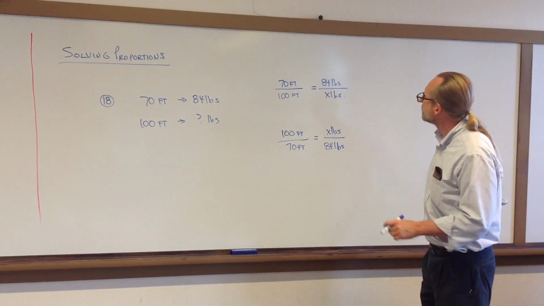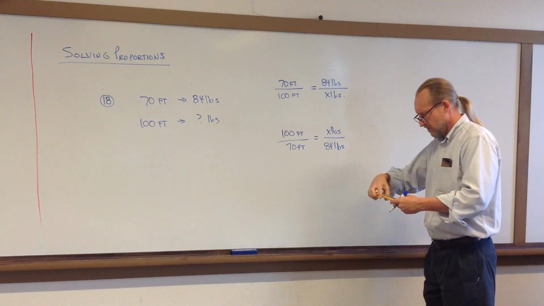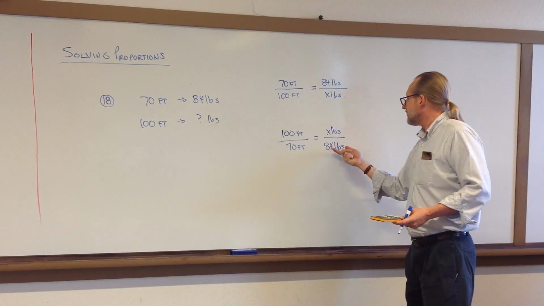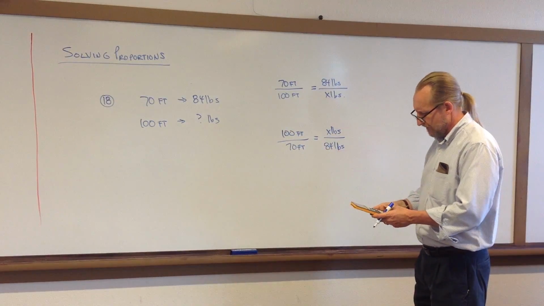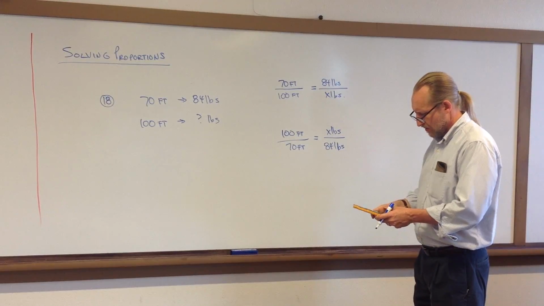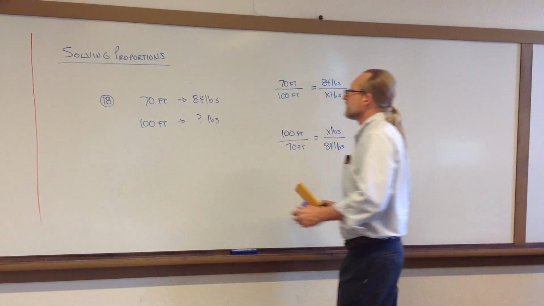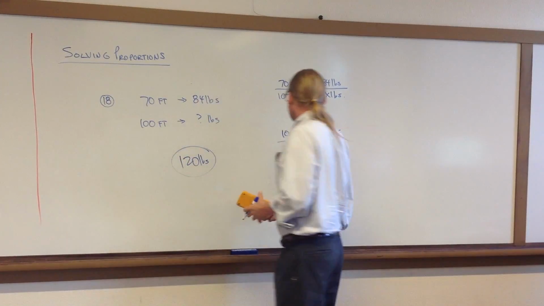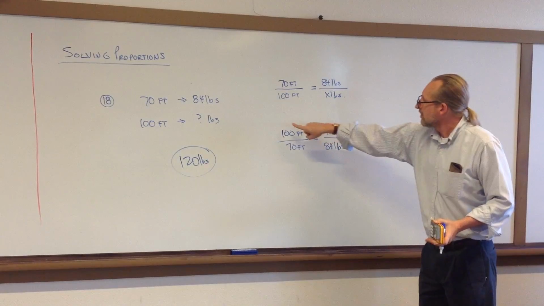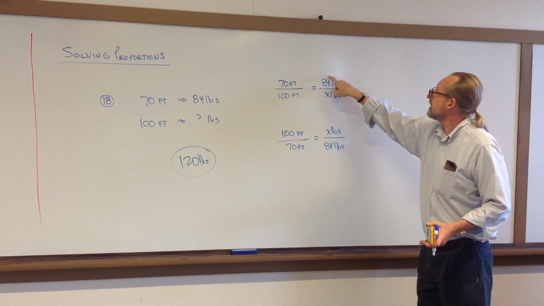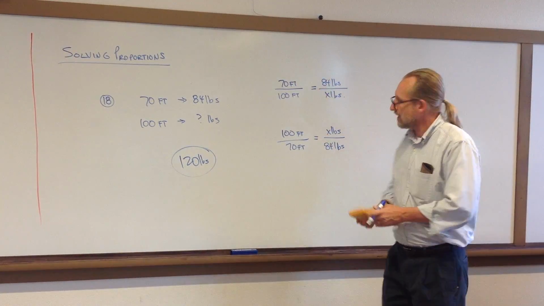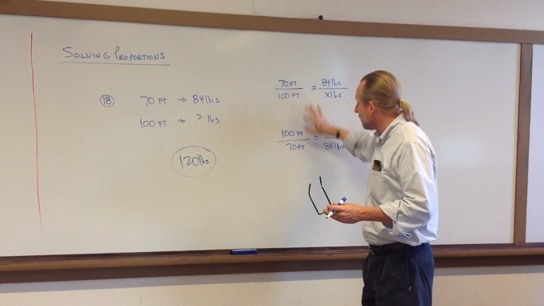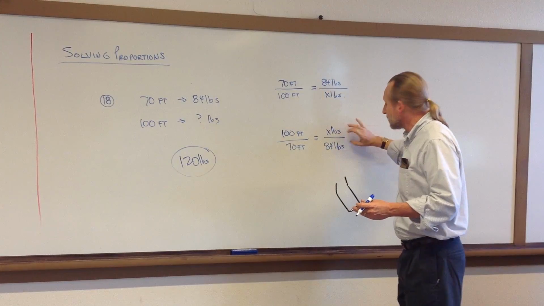Let's go ahead and solve it and see what we get. Let's see. So you can use the rule of 3. You can do 100 times 84 divided by 70. And that tells us 120 pounds. Now notice up here it's the same rule of 3. 100 times 84 divided by 70. Okay? Now in these examples I've matched the feet up in the same proportion,